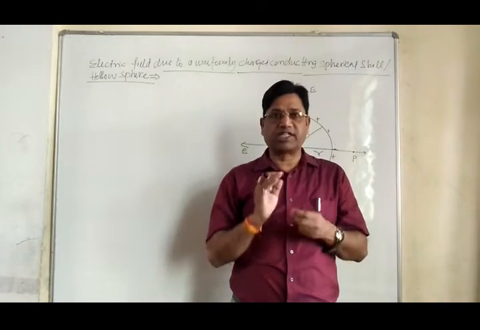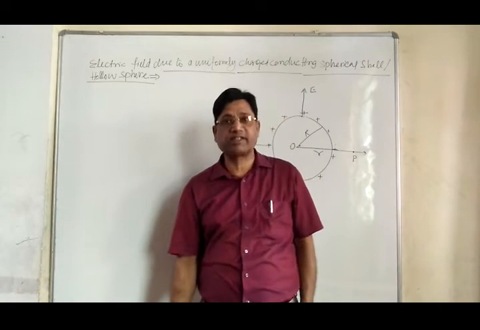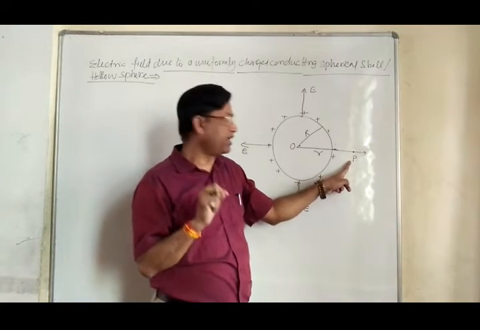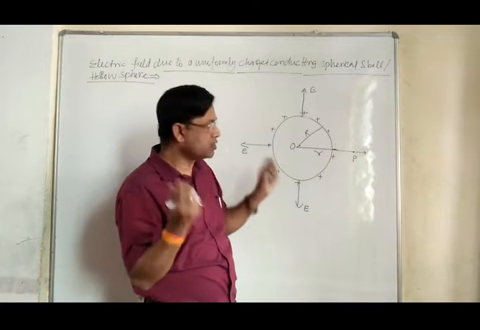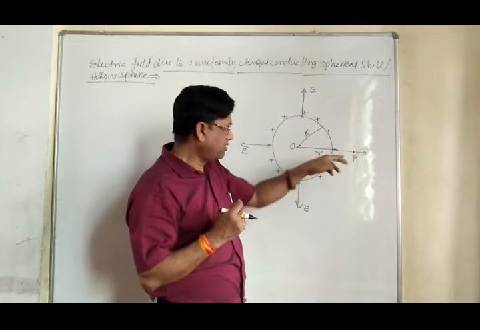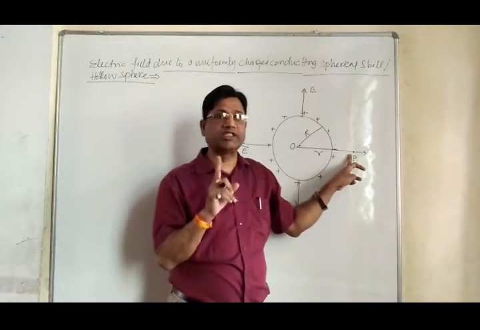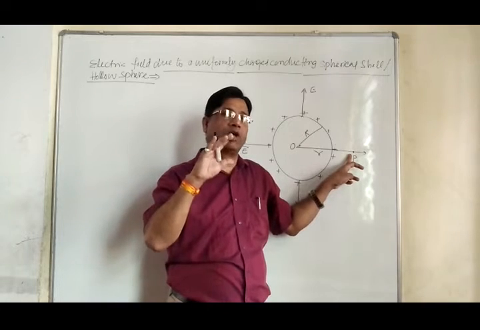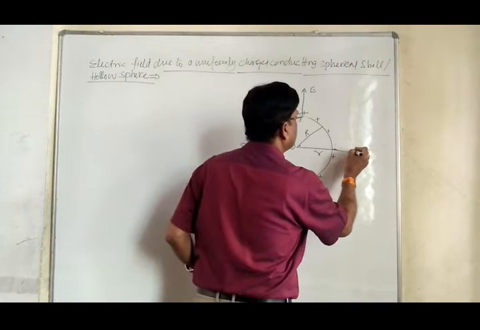Using Gauss law, the first step is we have to draw a Gaussian surface passing through the point where we have to find out the electric field. We have to find the electric field at P in the first location, thereafter another location also. The property of the Gaussian surface is that on the Gaussian surface, E is symmetric, means same at all points. That would also be a sphere.